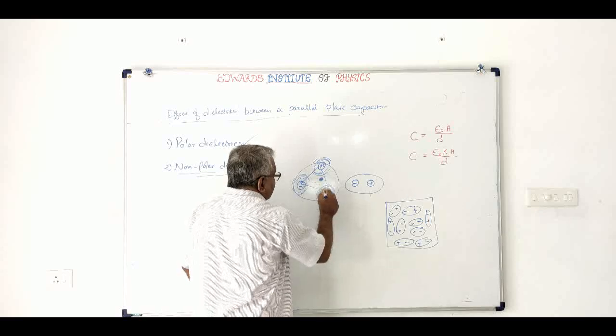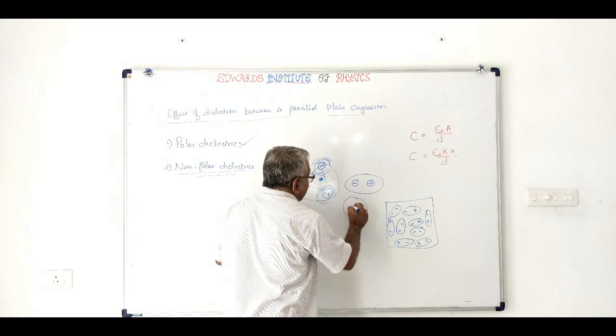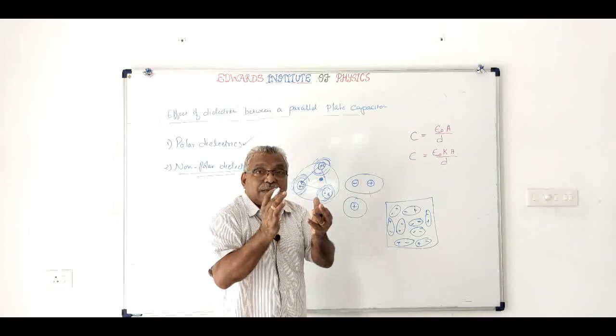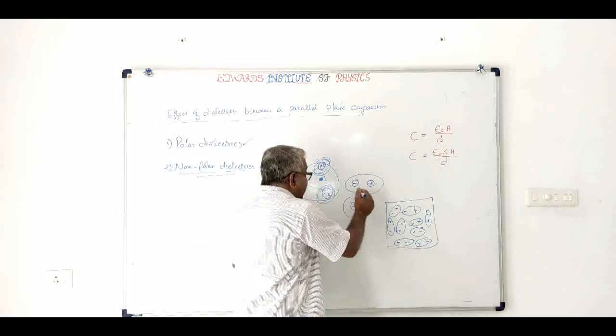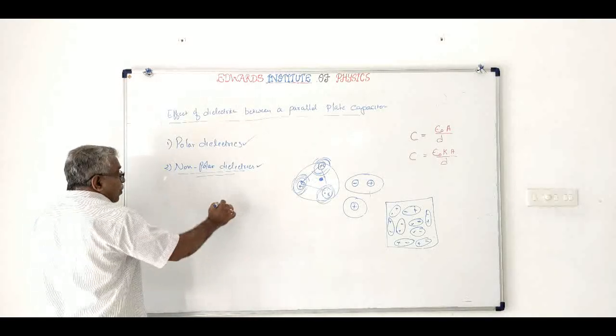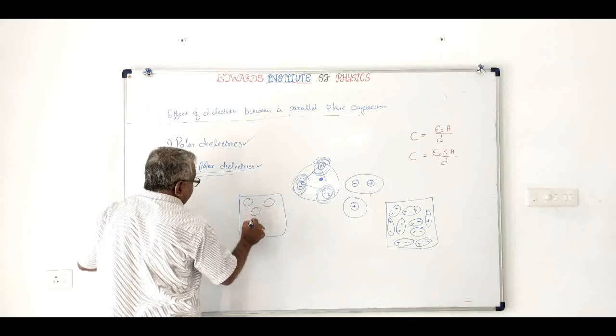So there won't be any polarity. The molecules will be like this only, plus and minus here. It won't behave as a dipole. In such cases, it is called non-polar dielectrics. So in non-polar dielectrics, the molecules will be distributed like this,